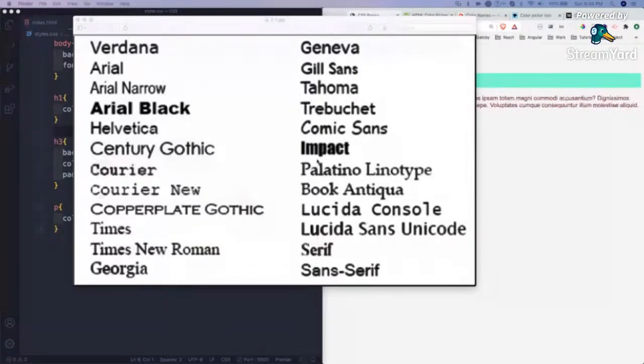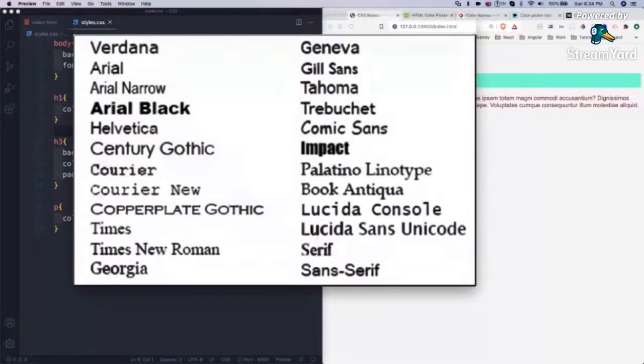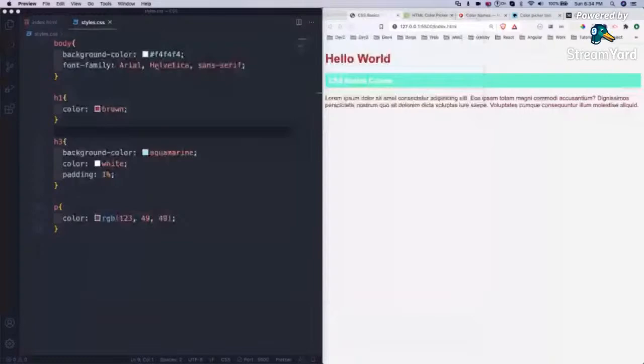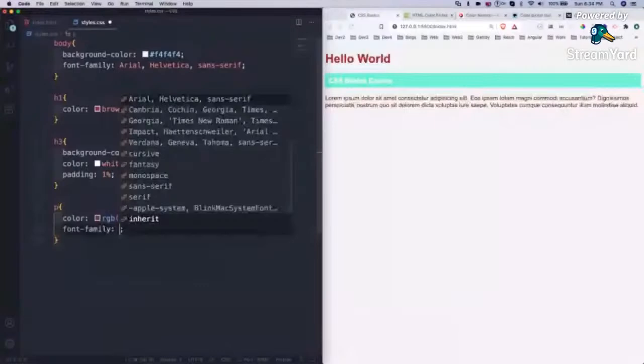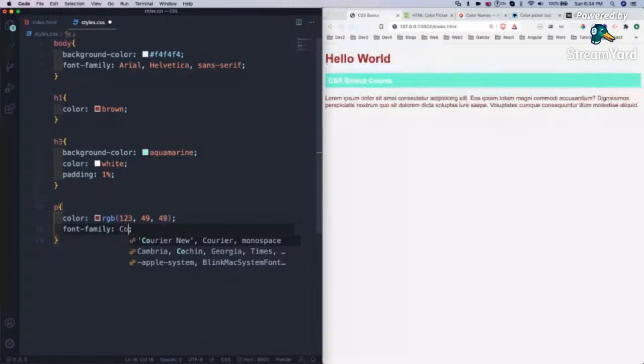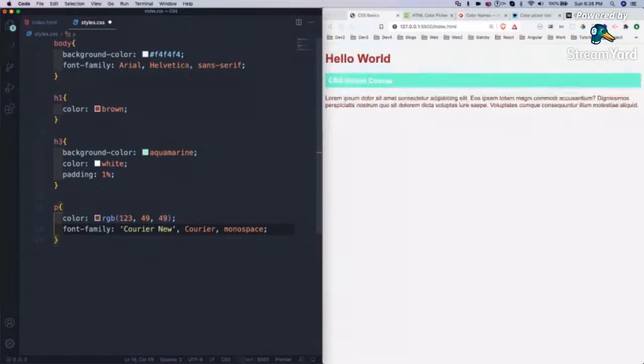Let me try something: Comic Sans, font family. See, now the font was changed. So this is how the fonts are there.